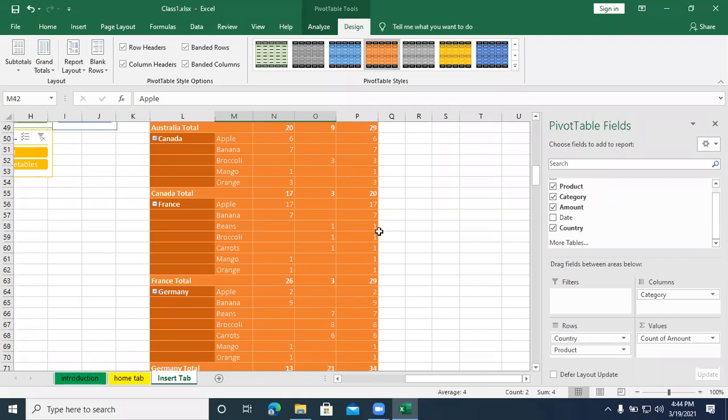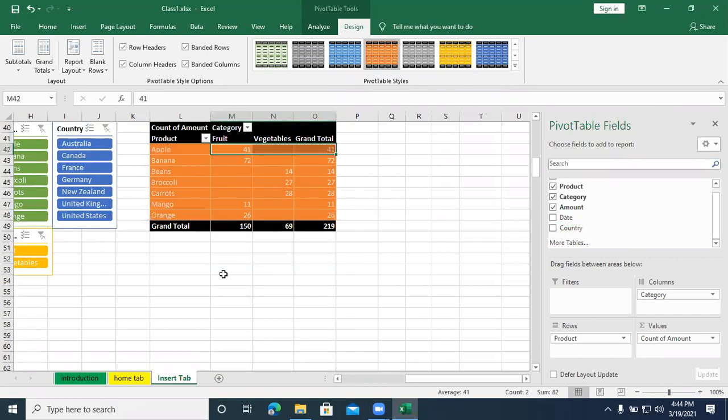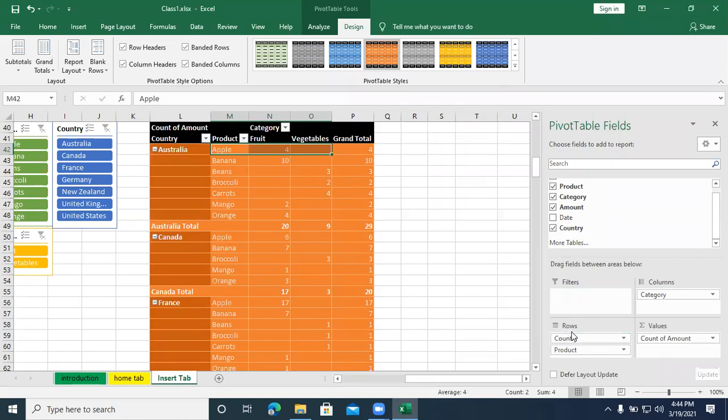Put country into rows. So I selected this country. I don't have country in this column. Select this country, drag and drop before your product. Under the rows, as we already selected product, before your product you put that country.